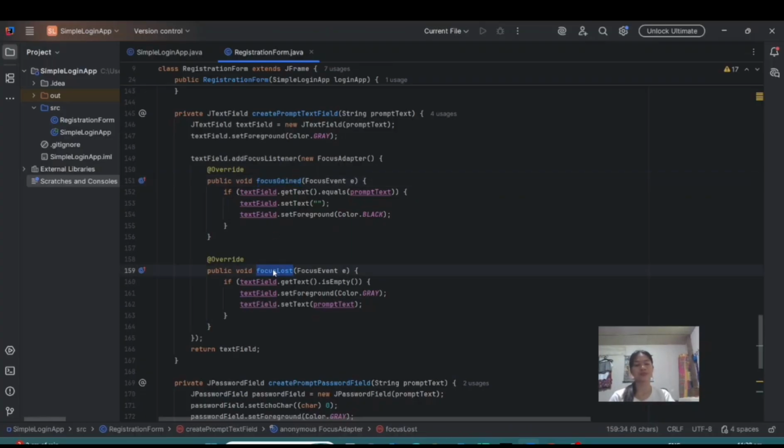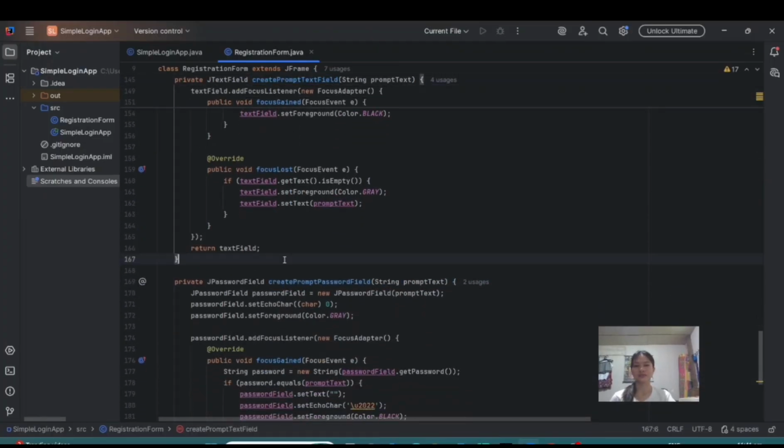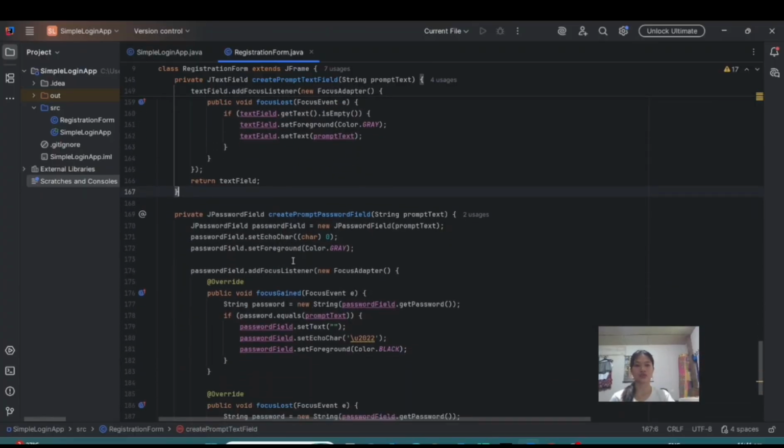When the user clicks away, it loses focus, and if it is empty, the prompt reappears. Next, createPromptPasswordField is very similar to createPromptTextField, but it creates a password field instead, and it also handles the prompt text. It uses setEchoChar for showing or hiding the password characters as dots.